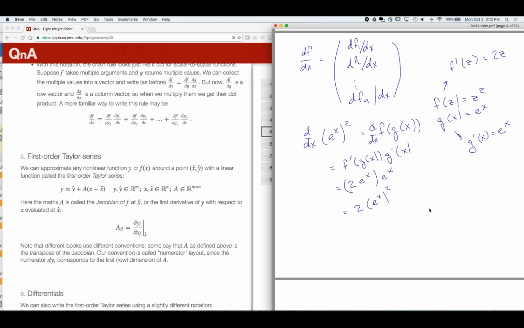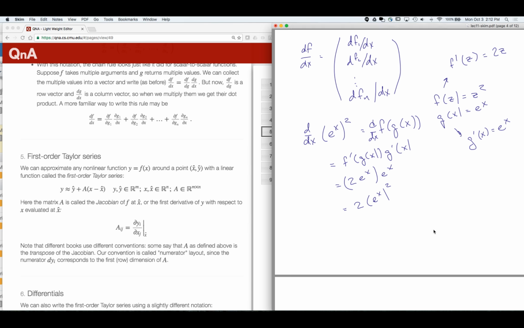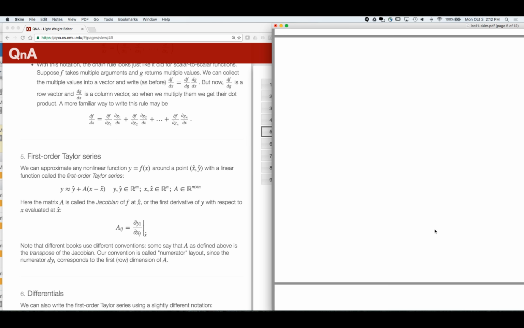All right, and people are also asking for an example with vector derivatives, so I can do that as well. Let's get ourselves a new piece of paper. So let's have our function f of z,